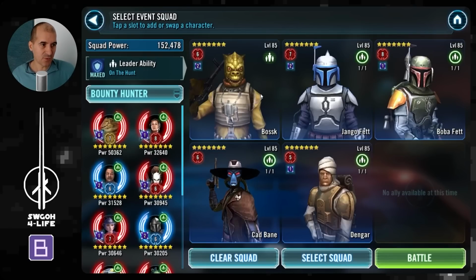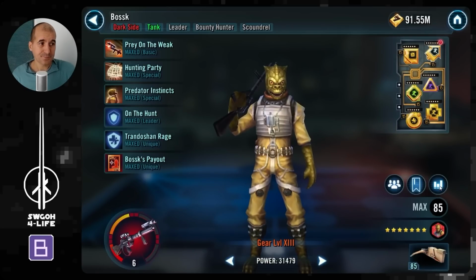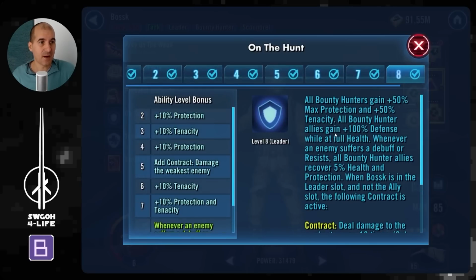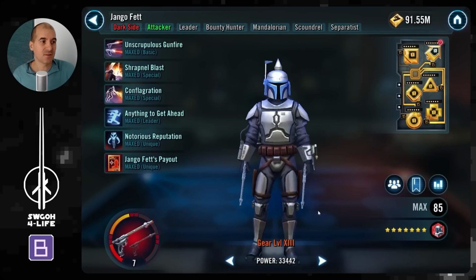Now what I had to do was remod all of these guys for a lot of speed, because the enemy is very fast, and as mentioned before, vulnerable will reduce your speed as well. I have my Bossk modded for speed anyway, so he's at 335. With Bossk lead, to get your contract, you have to deal damage 10 times to the weakest enemy. And because Short Trooper has a taunt, you will want to mod your Boba to be second fastest, so he can dispel that taunt with his execute ability,